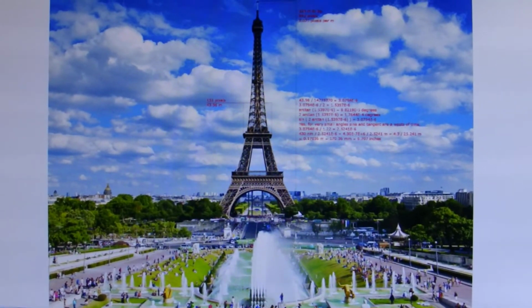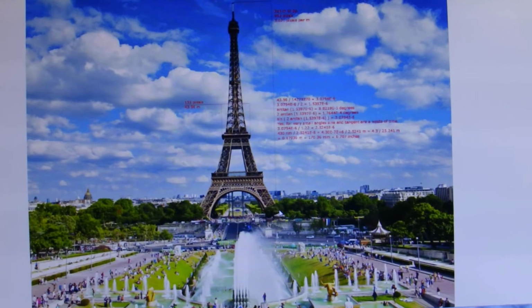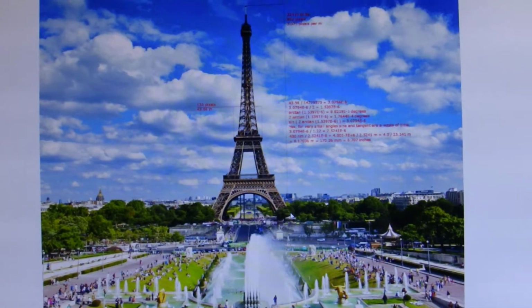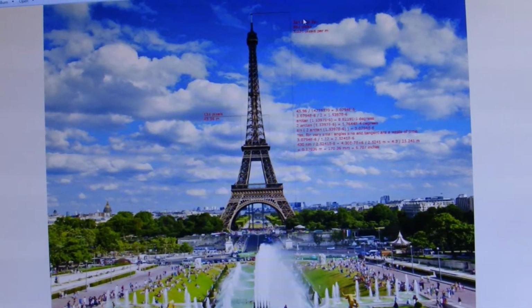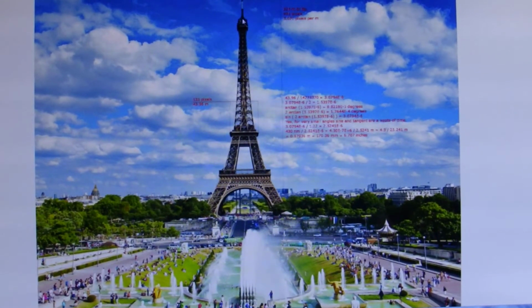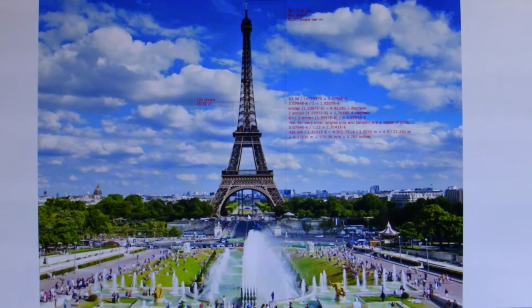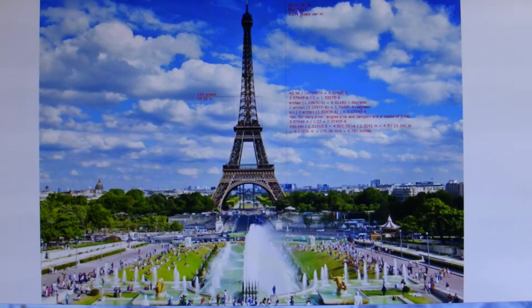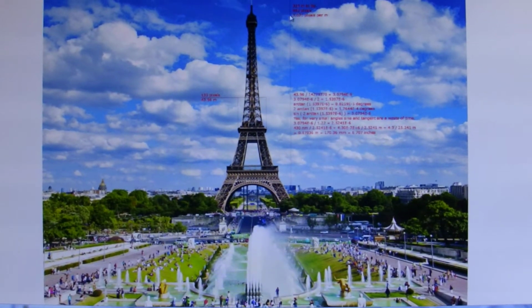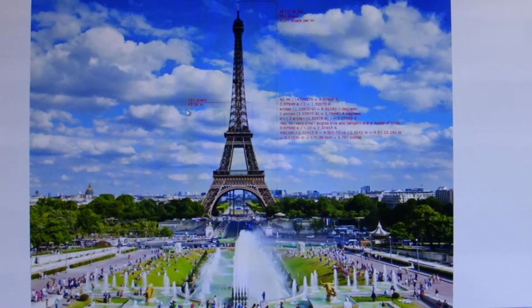So, to answer the question of why he can't see this thing from Perth. This is a photograph I grabbed, and I forgot to grab attribution for it. I think it was on the Independent's website, 7 best ways to experience Paris or something like that. A quick search reveals this thing is 300 metres high, which I think means to here, and 324 metres to the tip, which is presumably this spot here. From what appears to be the centre of the base down here to the tip is 995 pixels, making this 3 pixels per metre. Across the wide part here it is 135 pixels, making it 44 metres wide.